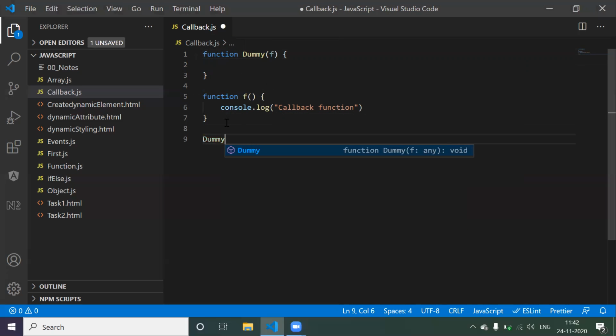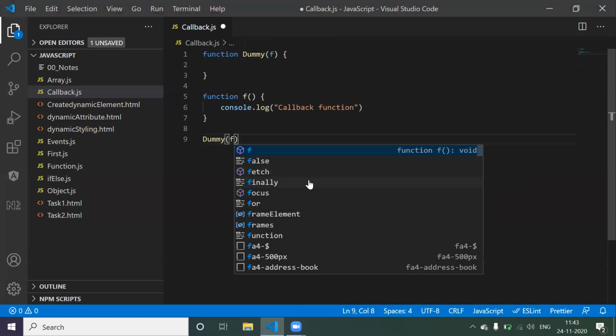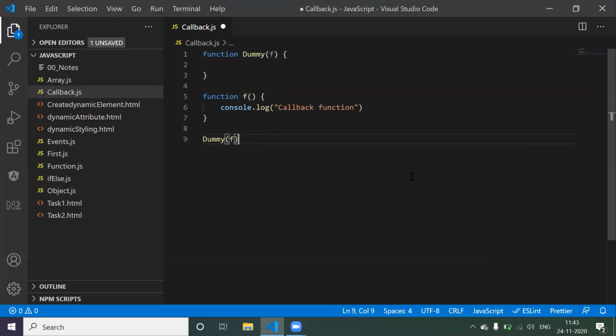Simply I will say dummy. Now whenever I call this function, my requirement is that I need to pass some argument. But what argument do I need to pass? I need to pass a function as an argument, means I need to pass this function. So I will say f. So I'm calling this function. Now this function is taking one argument, f, which is nothing but this particular function, right? So it means that I'm passing one function as an argument to this function. Now here f is called the callback function, and your dummy function is called the higher order function. Now if I save it and execute,